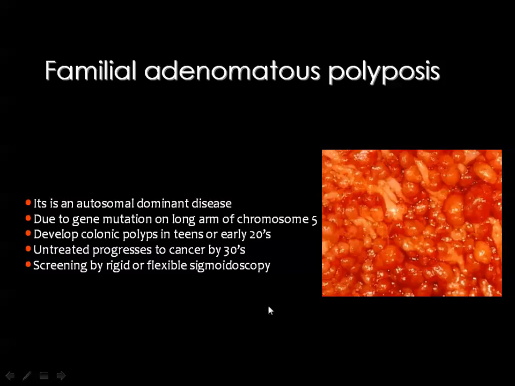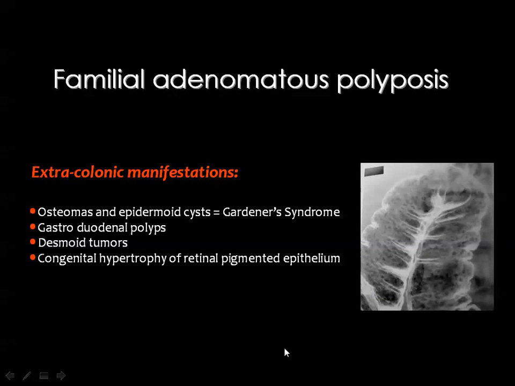in this disease there are too many polyps in the colon in the early ages, like teens and early 20s of age. And this familial polyposis is a precancerous condition with 100% risk of malignancy by the age of 30 years. Then if you look at the colon and you see too many polyps scattered throughout the colon, and